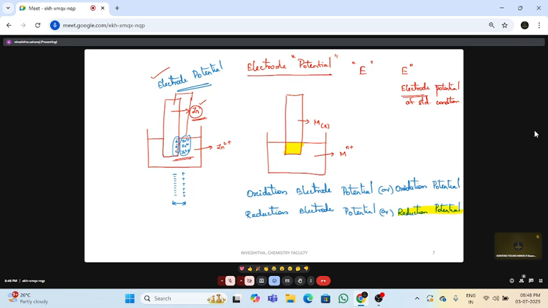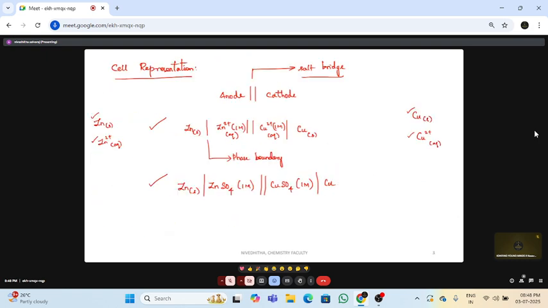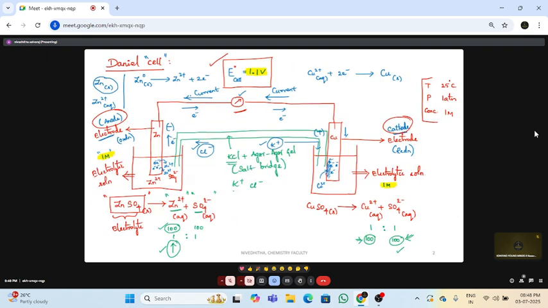So if we have to measure any electrode potential, we cannot measure it as such. You have to convert that electrode into a cell, and you can measure it as a cell potential and not an electrode potential, which is not very easy. See, I'll tell you how it is possible. Here, I told you zinc and copper were connected, and both electrode potentials collectively give 1.1 volt, right? For example,